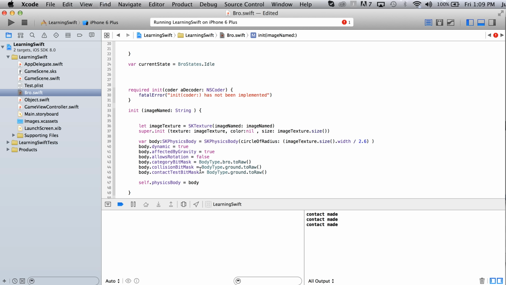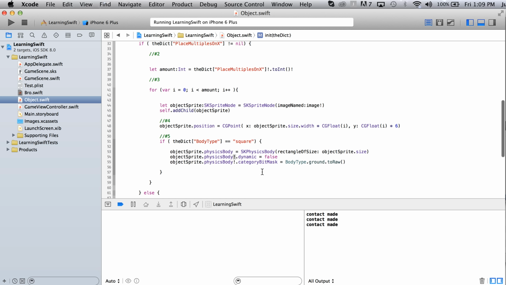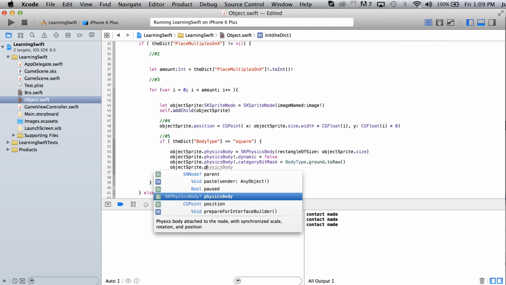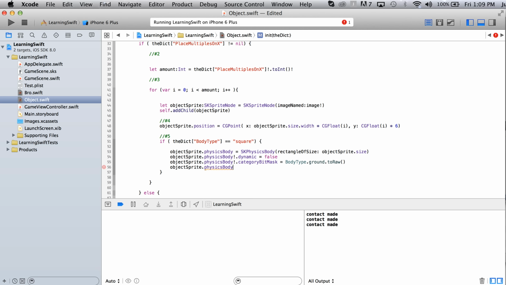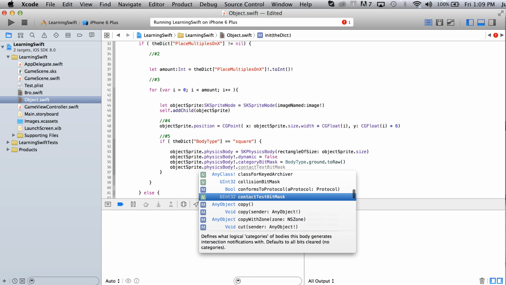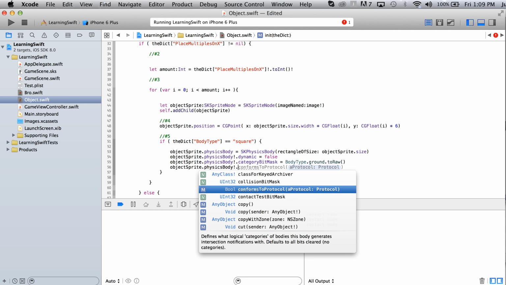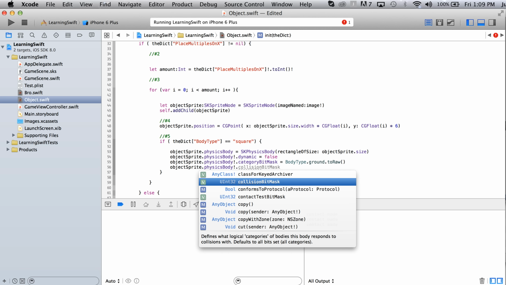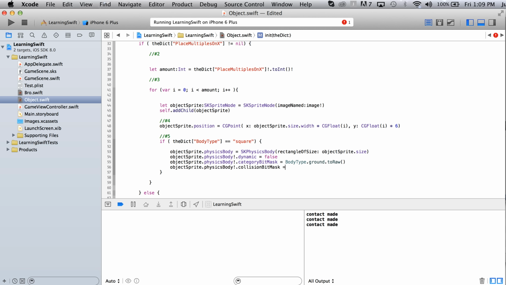And you know what? Actually, well, before I do that, I'm sorry. Let me just copy it. I'll paste it down here. I do want to do one thing, which I know I tried when I was just testing things out. I think it's worth looking at too. So I set that one back to 0, and then I'm going to go over here to my object sprite and just right over here, physics body dot contact, or I should say, again, I just messed it up, collisionBitMask equals